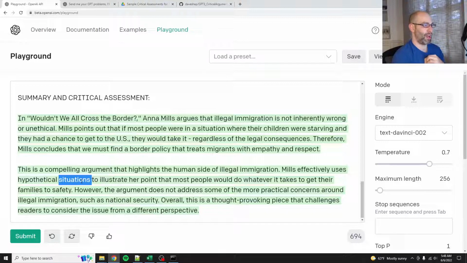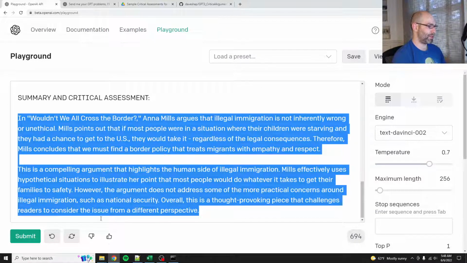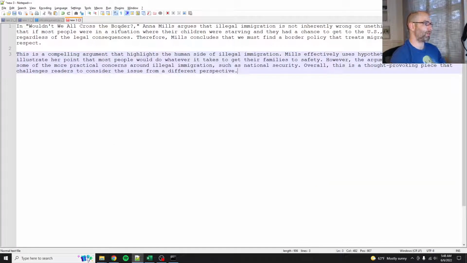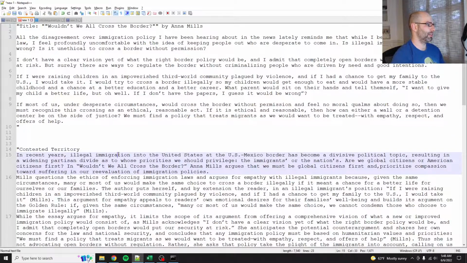I would say that is a phenomenal opening paragraph. However, let me show you how long this is in comparison. And part of the reason that it's shorter is because we're using Text DaVinci 02. So Text DaVinci 02 is fine-tuned on the Instruct series data. So it's basically saying, okay, I'm going to put out one sentence, a couple paragraphs. Sometimes you get run-on stuff, but with DaVinci 02, its output is generally very short, especially compared to some other ones. So this is what GPT-3 put out, and then